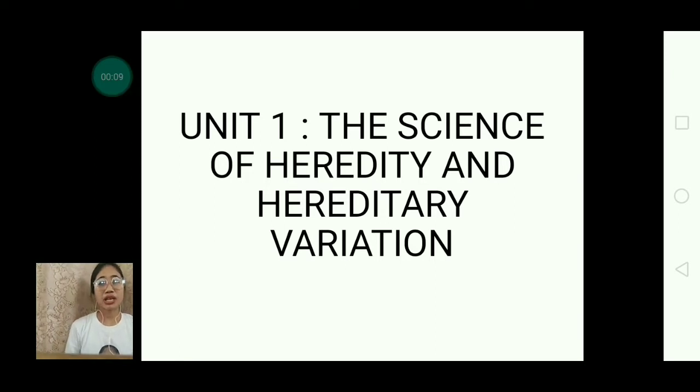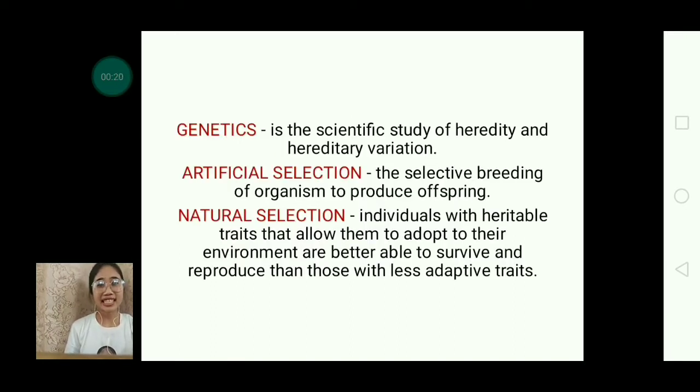In Unit 1, we have the science of heredity and hereditary variation. So here we're going to talk about genes. Genetics is the scientific study of heredity and hereditary variation. Artificial selection is the selective breeding of organisms to produce offspring. From the word selective breeding, we are the ones who will select an organism and another organism and breed them